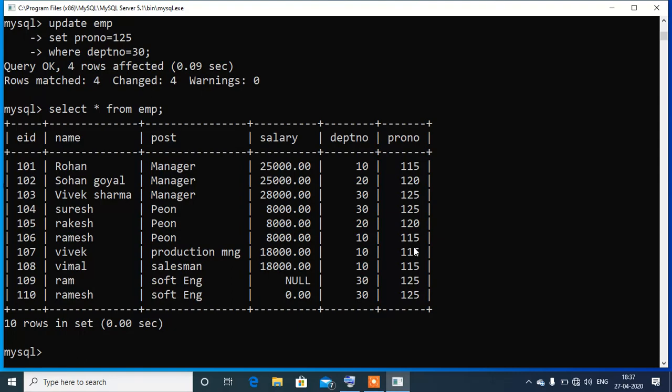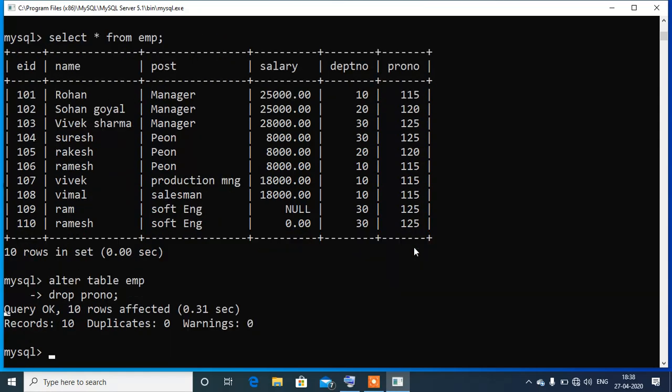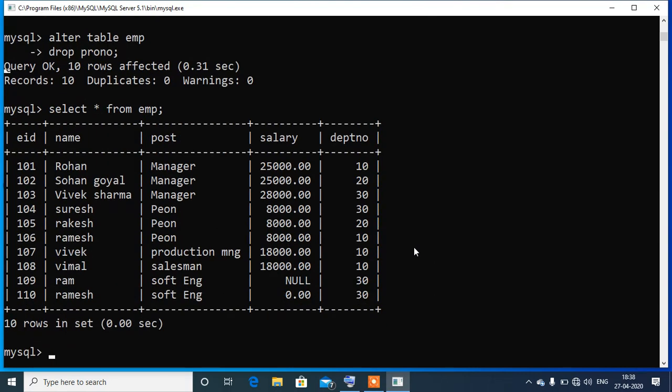So for that, if we want to delete the column pro number, we need to write alter table emp, then drop and column name pro number. Now if you look at this table, you will get to know that all data of that column is erased.